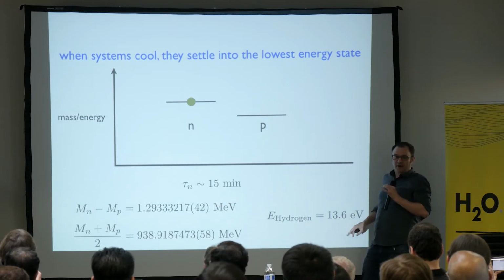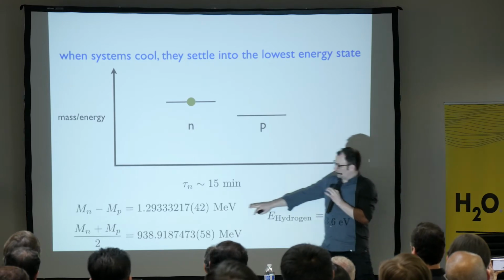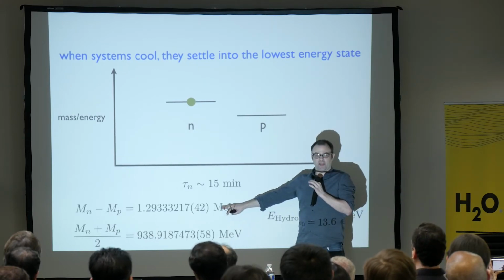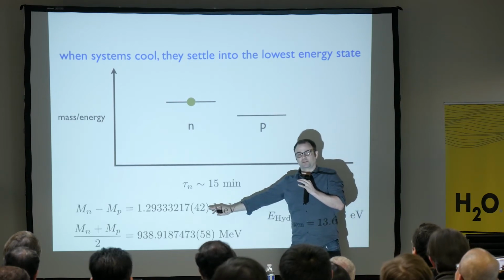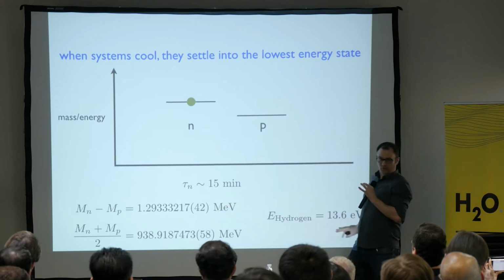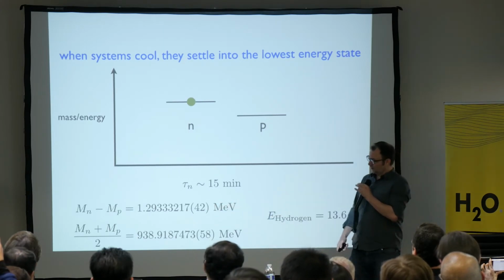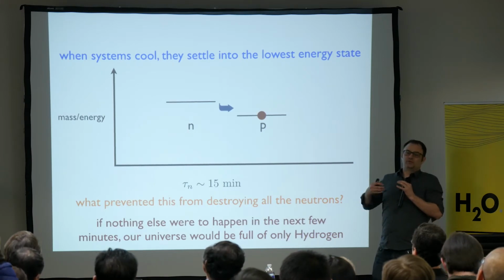All chemical reactions like batteries happen at electron volt scales. Nuclear physics happens at 1 million times that. That's why nuclear bombs are so explosive. They have so much energy packed in them because the scale of nuclear physics is much, much higher than what we're used to. Okay, so a neutron is a little bit heavier than a proton, so it's going to decay